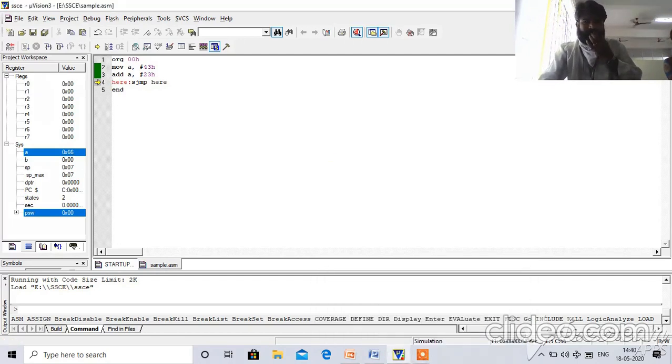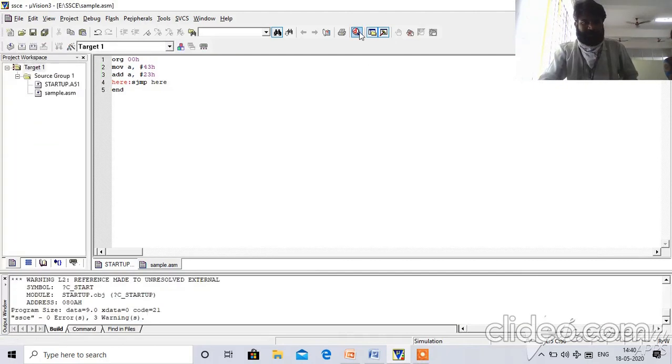Then come out of debug. Then go to the next program, if you want. Now suppose the data to be added are present in the memory. Assume we need to add the same 43 and 23, and the numbers are present in memory at the addresses, say, 20H and 21H, and store the result at 22H.